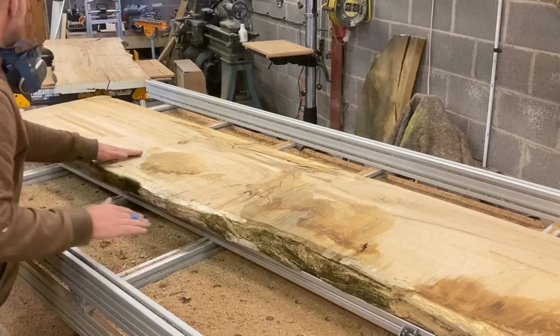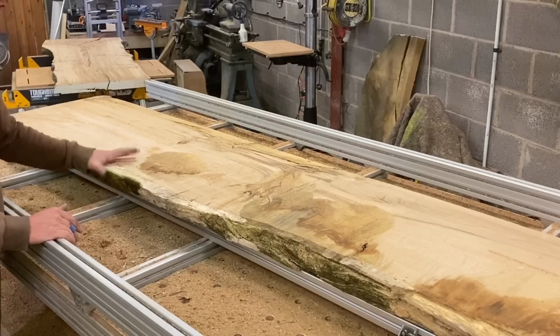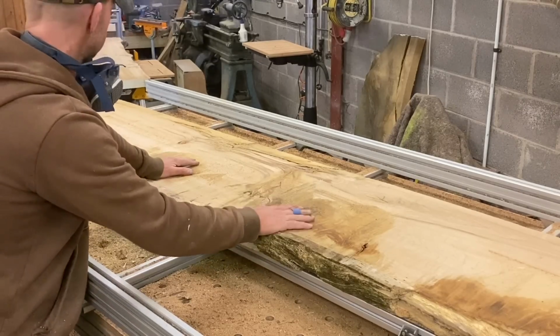We've basically got the surface flat now, and at this point what I would do is flip it over and run it flat again, so I can keep the maximum amount of meat on it until I've done my resin pour. Now, the other thing you can do, which I may do on this depending on how thin it gets,